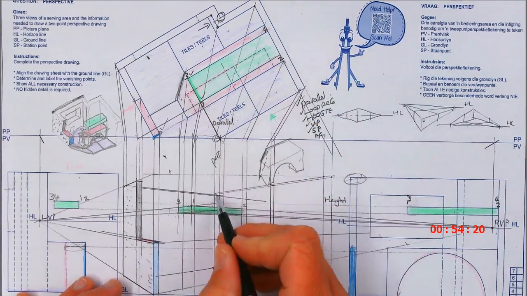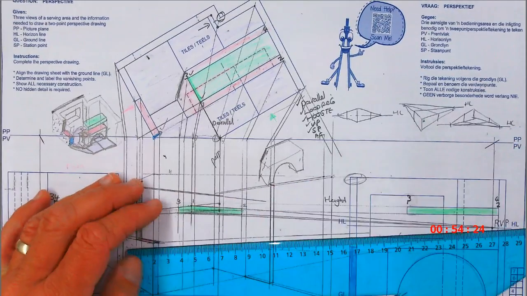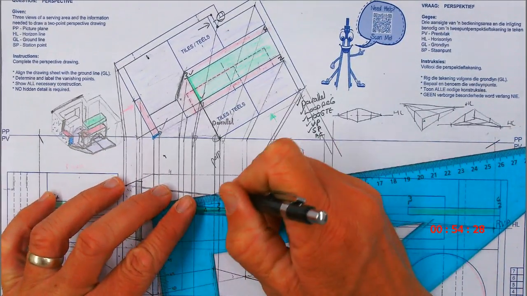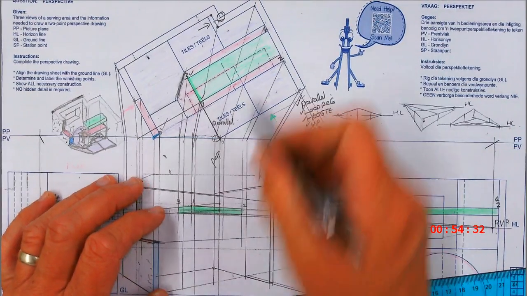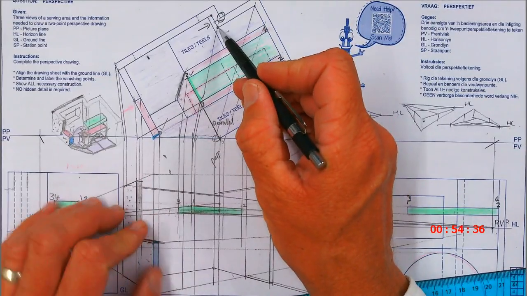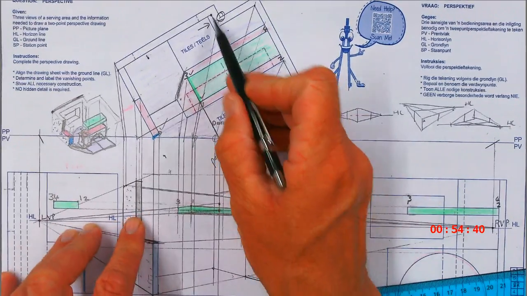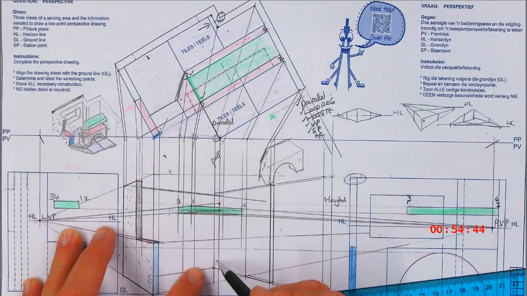This is where my wall would end here. This wall would actually end over here. This line is going to end right there. This is one wall that you see over there which ends there. Then the other part is going to go in, and then it's going to have a line, and then it's going to connect up with this wall over here. But I am going to stop here for now.